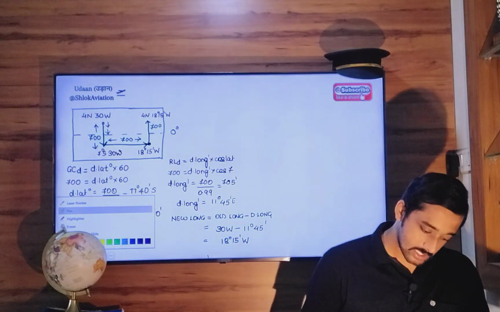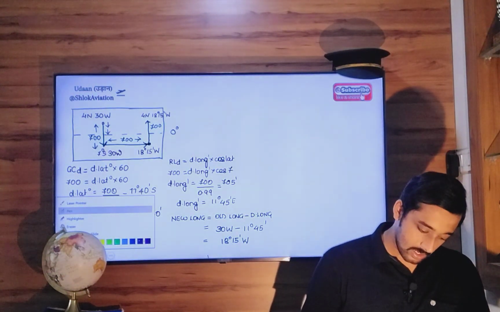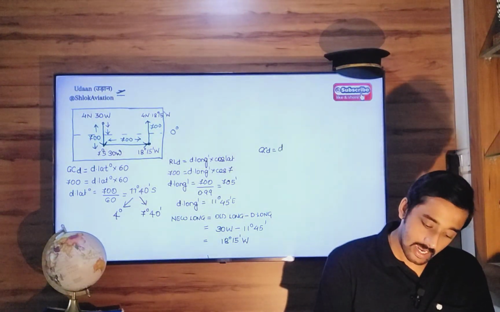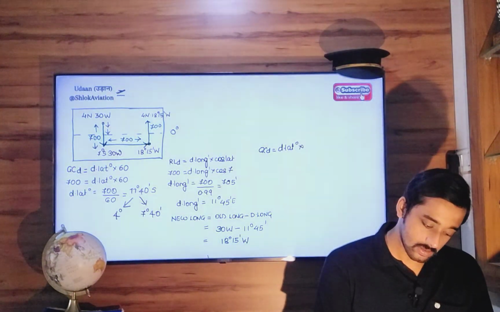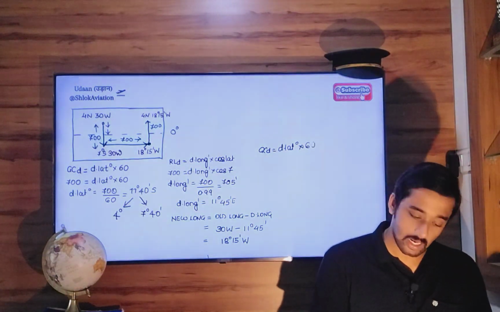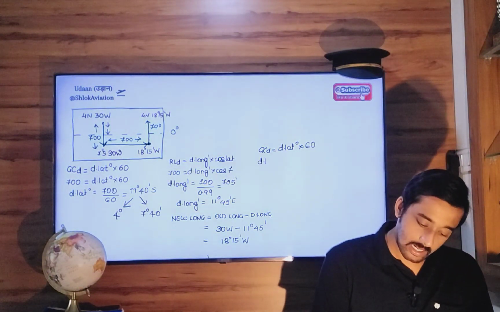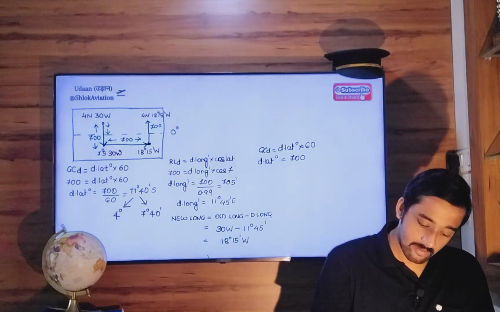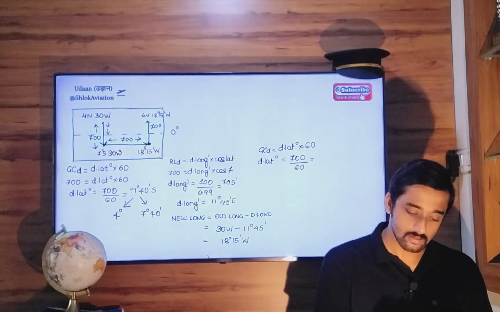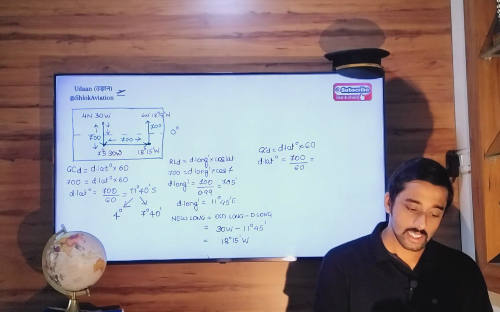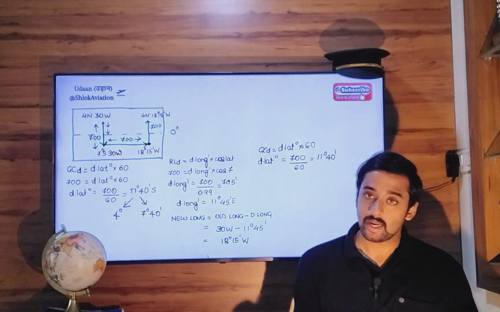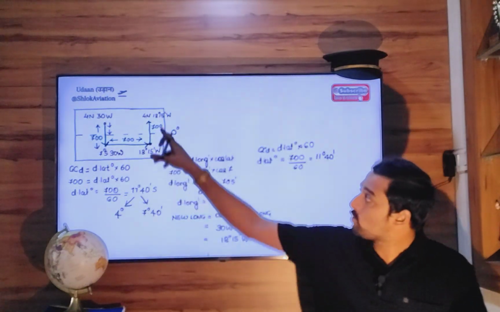So we will do this. I'll show you again. Great circle distance equals d lat in degrees into 60. So d lat in degrees will be great circle distance 700 divided by 60, which is 11 degree 40 minutes. So our new latitude will be